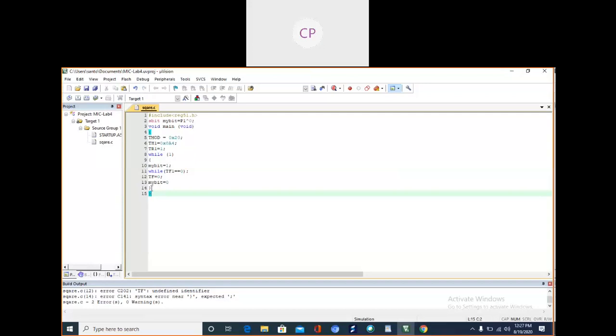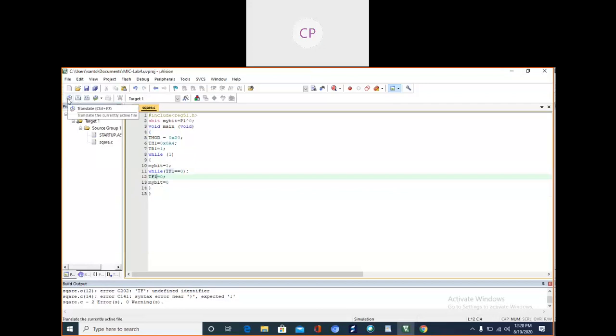Let us see. On line 12, sorry, TF1 is there. It can't understand whether it is related to timer 1 or timer 0. So right here, TF1 is equal to 0.